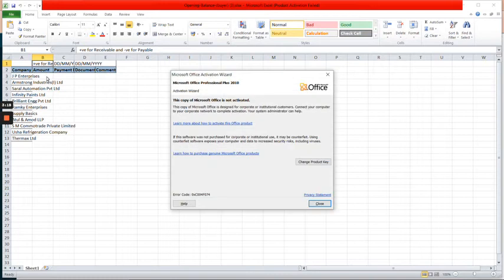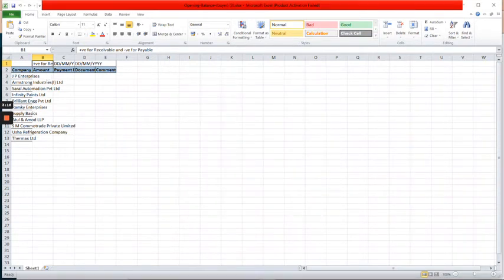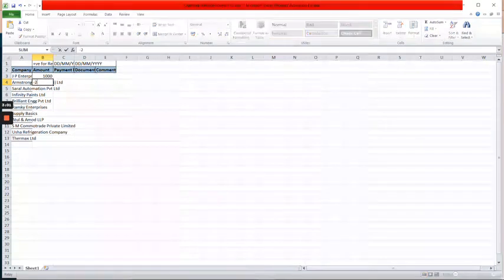For receivables, you need to put positive numbers. For payable, you need to put negative numbers. So let me quickly update it. This is the 1000, which is positive, that is the receivable. This is the minus 2000, that is negative, that is payable.